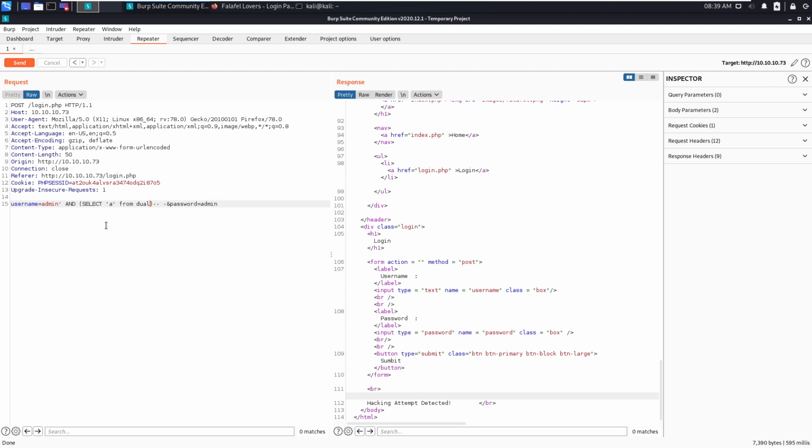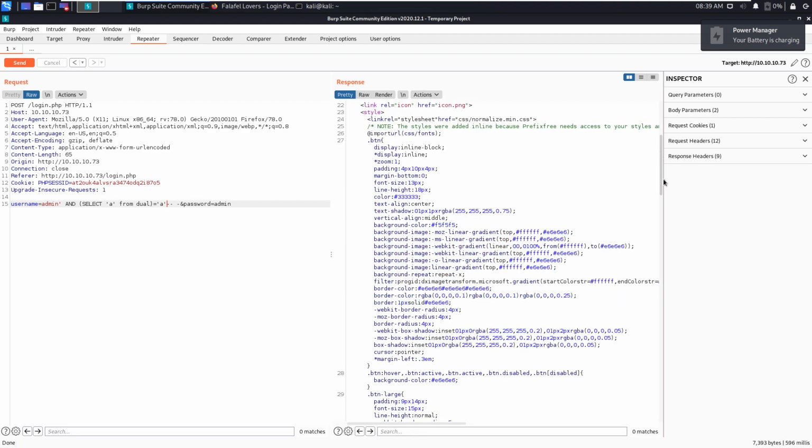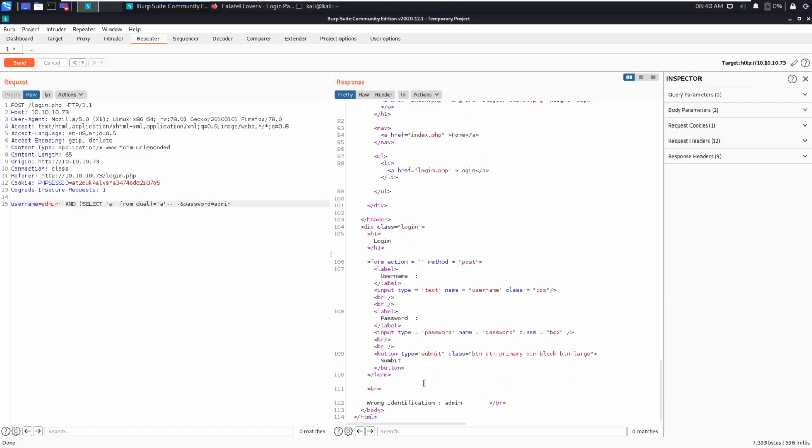Let's first determine dual. Select a from dual. This should do it. It may be Oracle, I think.